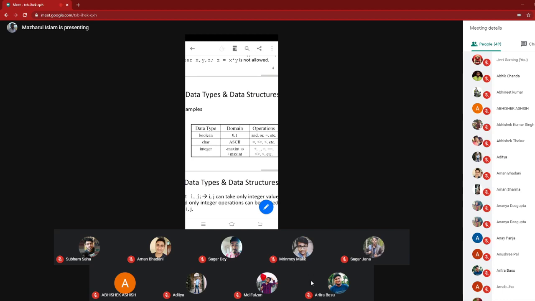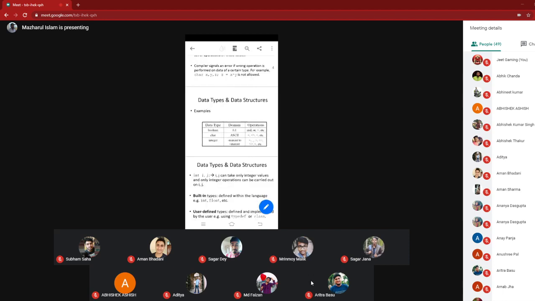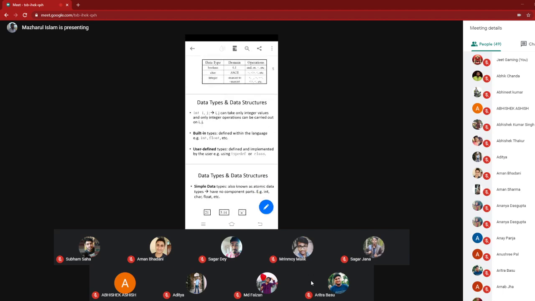So that means a data type is associated with a domain and some specified operation on that domain. That is the thing I want to mention. Data is sorted into the data types. A data type has a domain and some specified operations on that domain are defined.